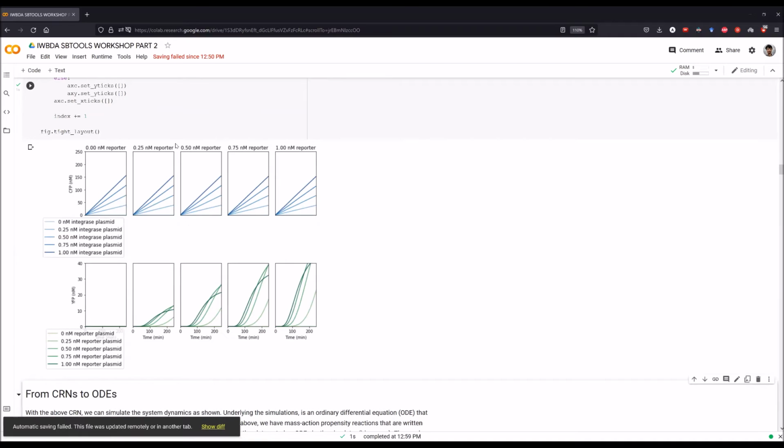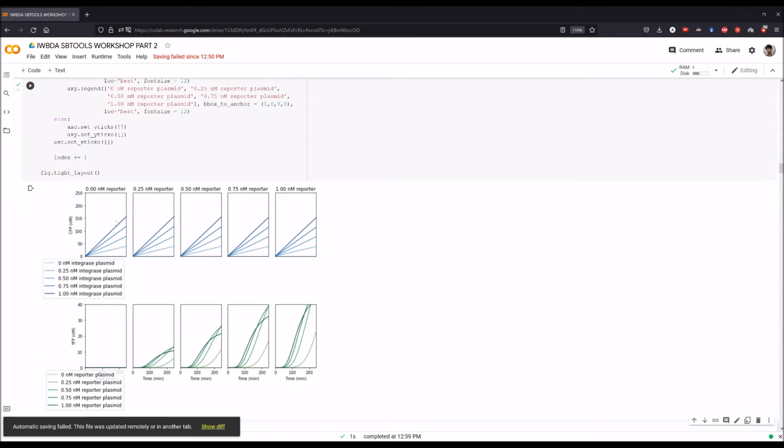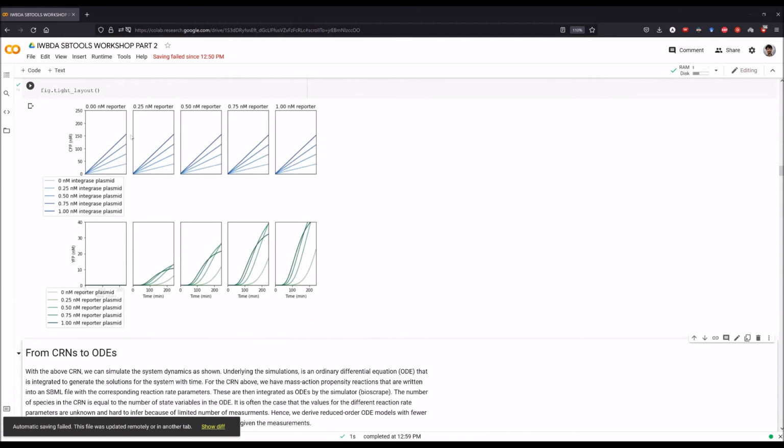So the columns here are the different concentrations of the reporter plasmid. So on the leftmost is the 0 nanomolar reporter, and then 0.25 nanomolar reporter. And we see that the CFP, which is measuring how much integrase is there, does not change in our model on changing how much reporter we're putting in, which makes sense. It's independent of that. But as we change to higher reporter plasmid concentrations, we see that we get higher levels of reporter expression